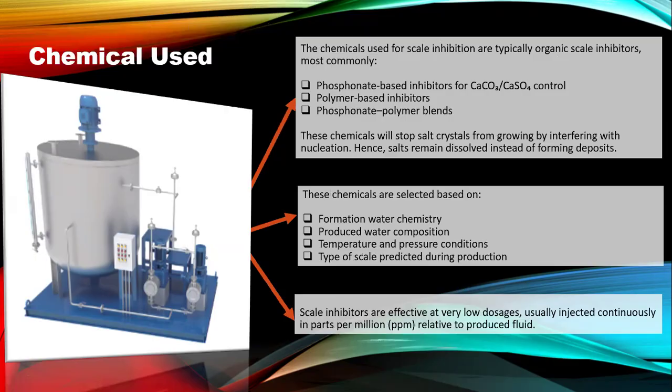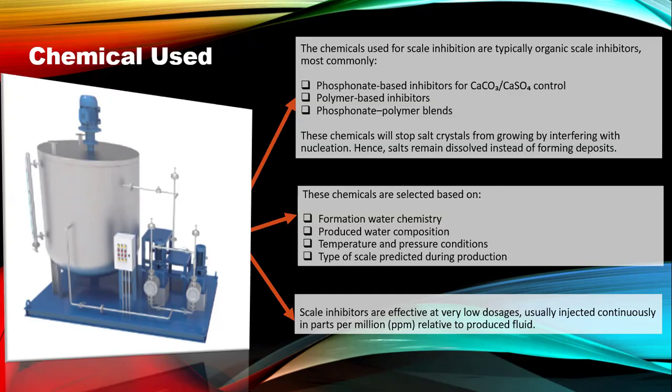Now the chemicals used for this are phosphonate-based inhibitors for calcium carbonates and then calcium sulfates. And then we have polymer-based inhibitors. We have phosphonate polymer blends, sorry. Now these chemicals will stop salt crystals from growing by interfering with nucleation. Hence, salt remains dissolved instead of forming deposits. Now these chemicals are selected based on formation water chemistry, produced water composition, temperature and pressure conditions, and then